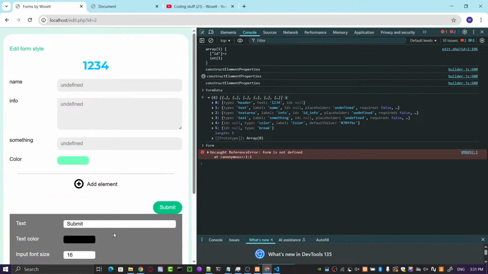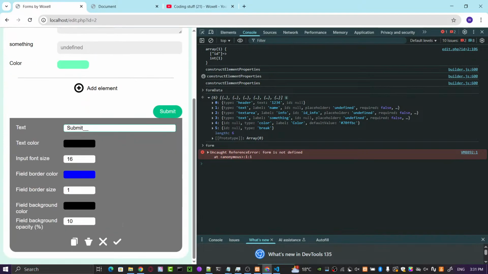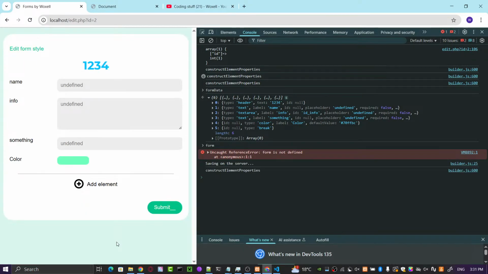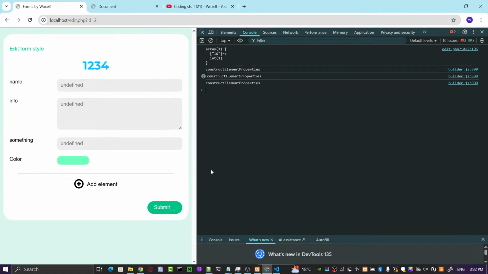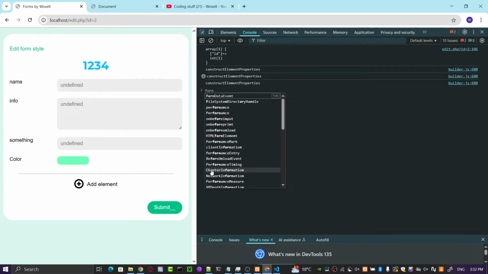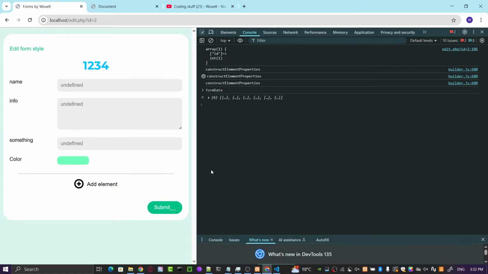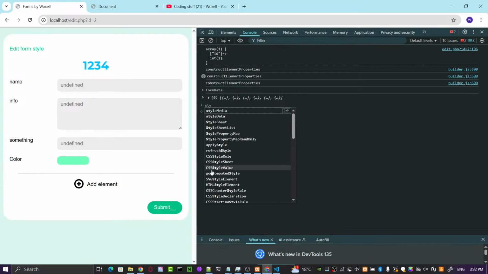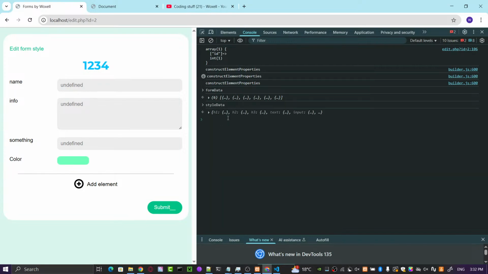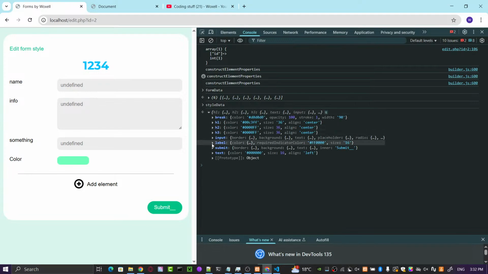Why is it like that? Wait, if we change this and then we refresh the server, it's right here. Maybe I save it here and save data. Oh yeah, it's right here. It's kind of confusing, but it's saved here.